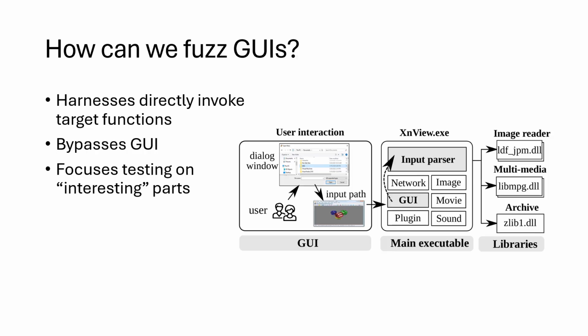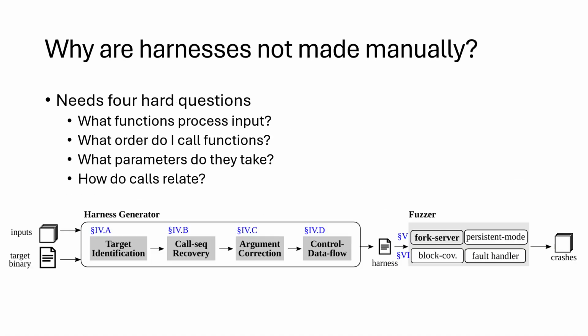Now the issue is, well, if you're facing a closed source binary, how do you know what functions to call, what order, what arguments? And this is where manual reverse engineering would come in. And this leads to why harnesses are not made manually, because of that reverse engineering. If you're sitting down with the debugger, a hex editor, trying to reverse it, it's trying to answer 4 very